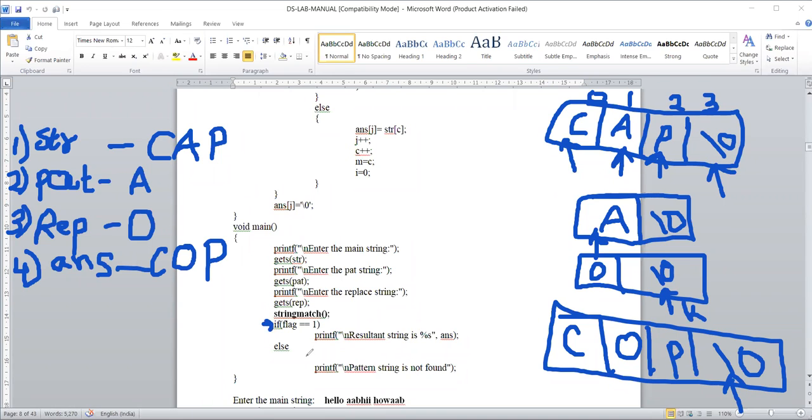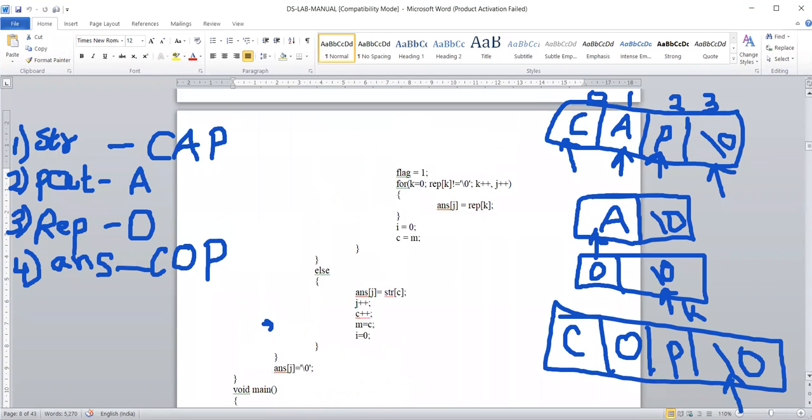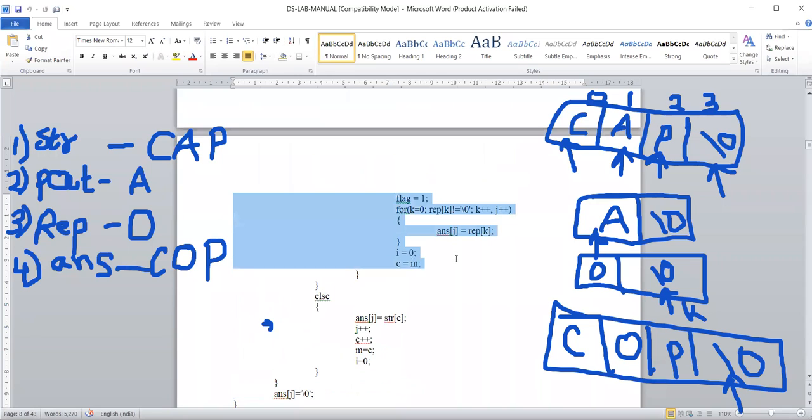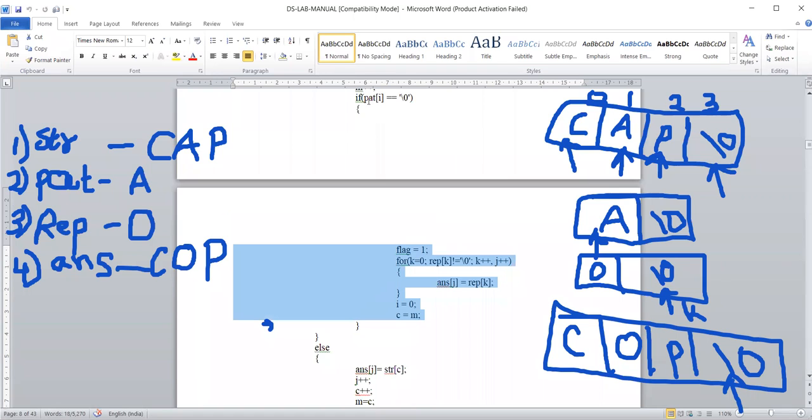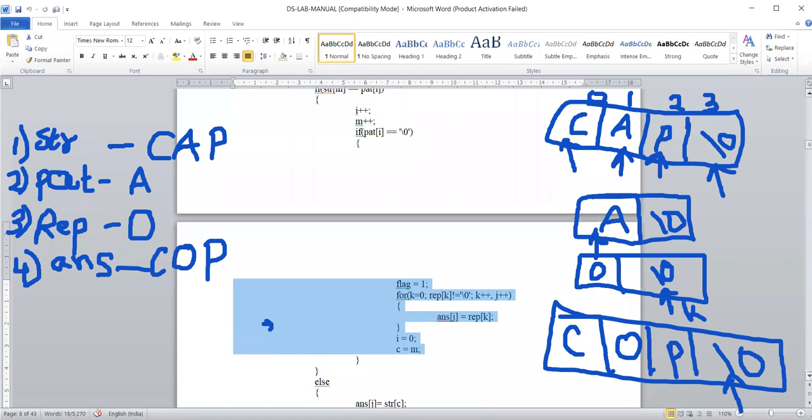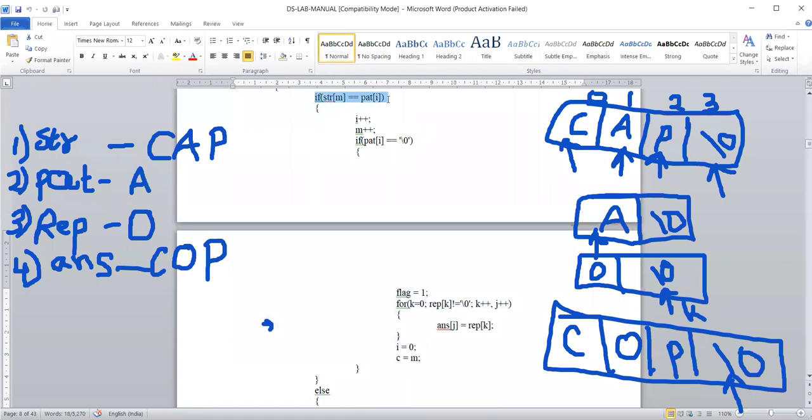That is, if flag is double equal to 1, then print the answer. It means the flag will change only when there is a pattern. That is, only if it goes into this if, we are changing the flag. You see here the condition: if string of m is double equal to pattern's letter, then only it will go into this.